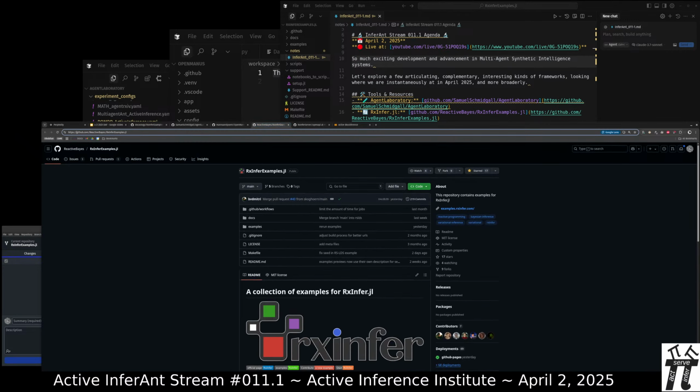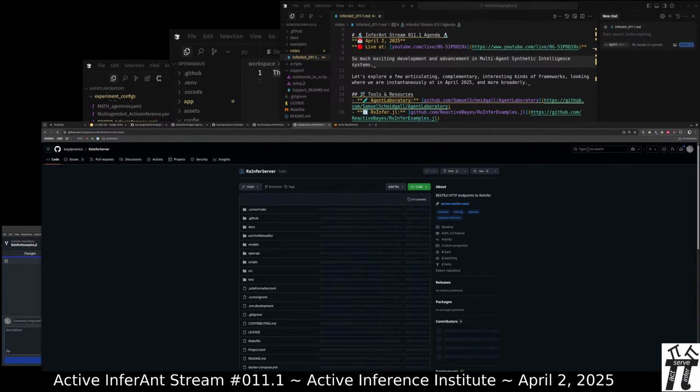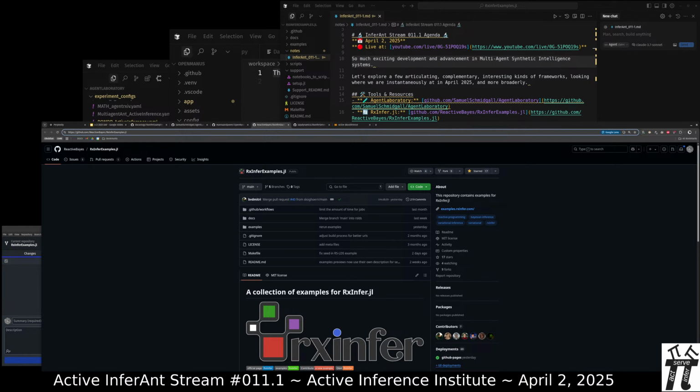Now in the third window will be a para repo for RxInfer, which is under some very interesting and good open source development as part of this growing, interesting RxInfer ecosystem, including also recently Rx environments, not going to be probably covered here, and also this recent RxInfer server.